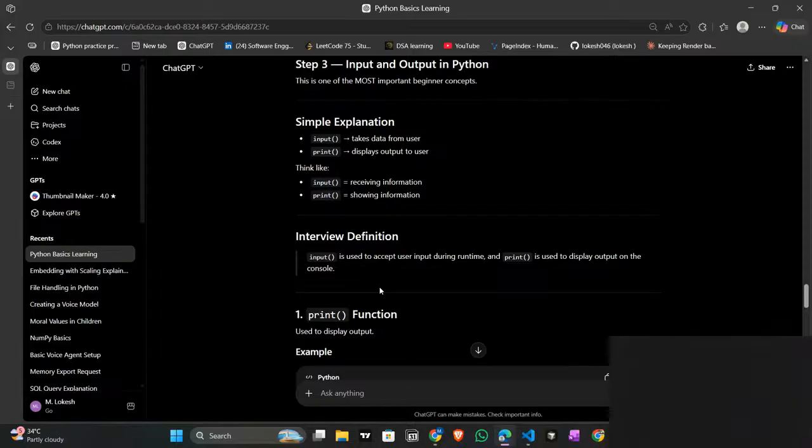Basically, in the runtime, the data is taken from the user.